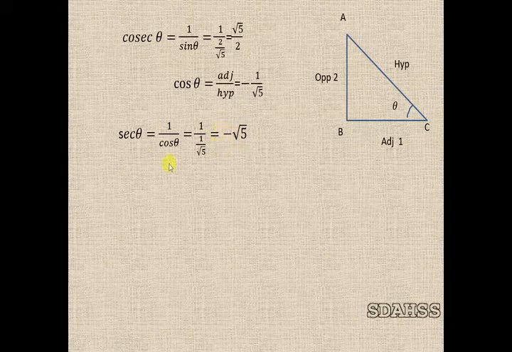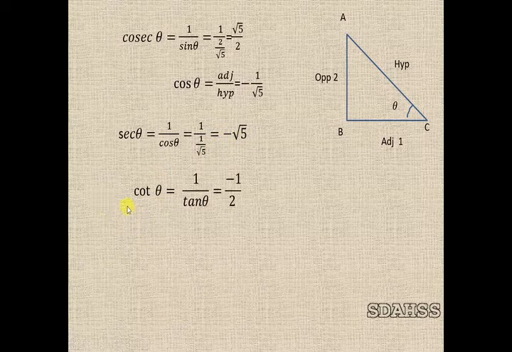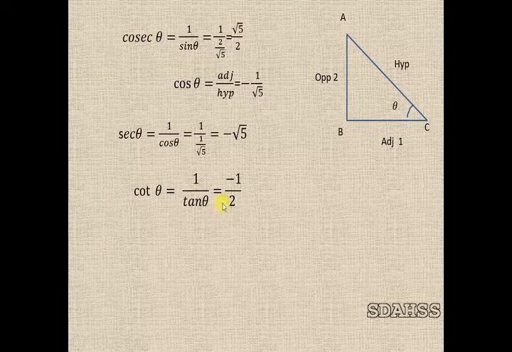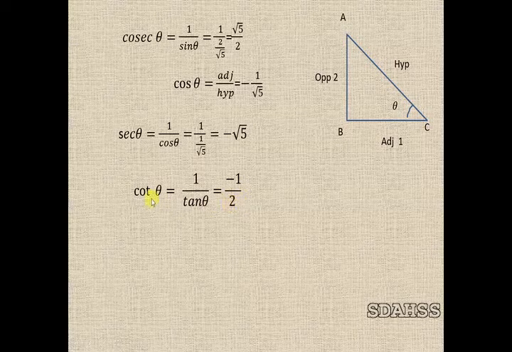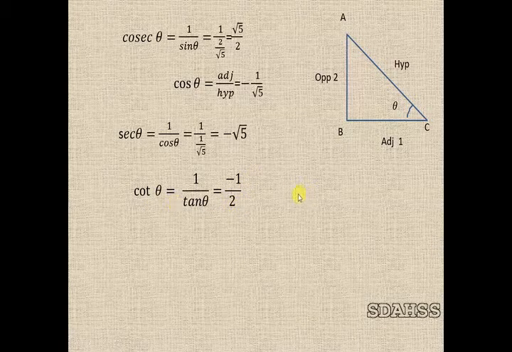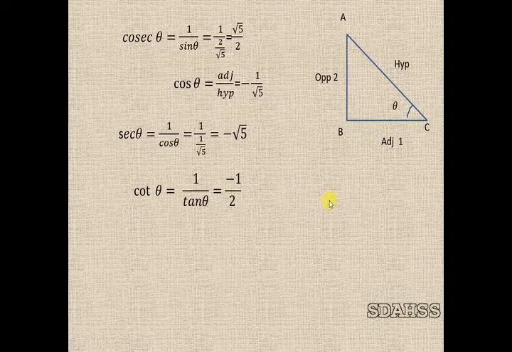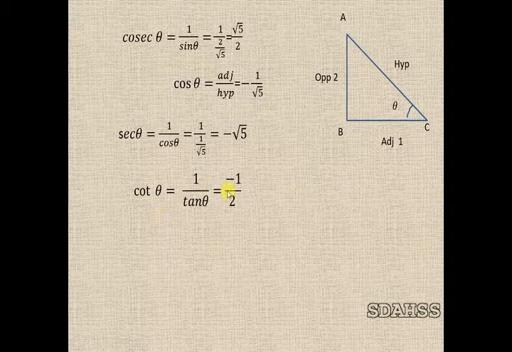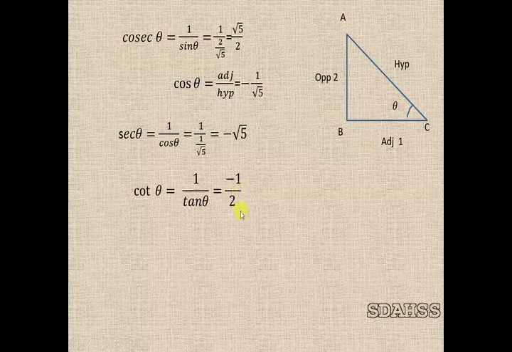Here secant theta, so use the minus sign. Cot theta means 1 by tan theta. 1 by tan theta is equal to 1 by 2, since tan theta is equal to 2. Here theta lies in the second quadrant. In the second quadrant, only sin and cosecant are positive, so cot theta becomes negative: minus 1 by 2.